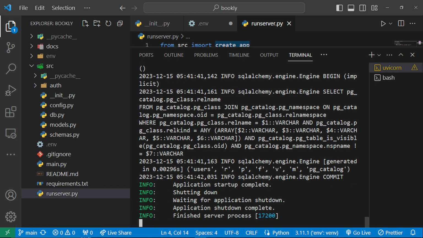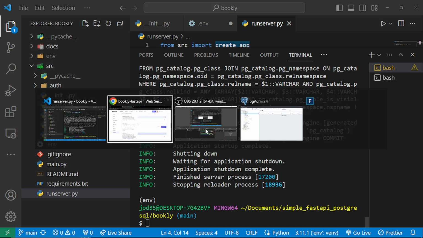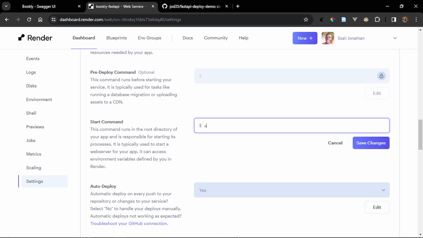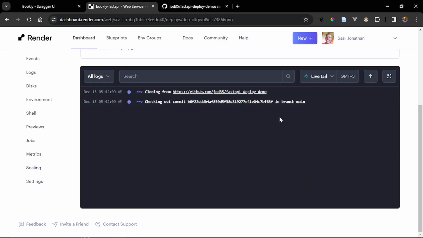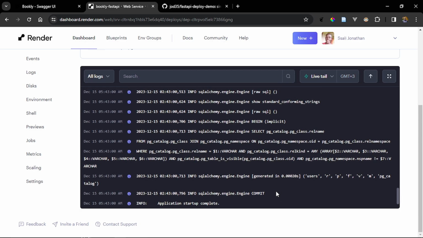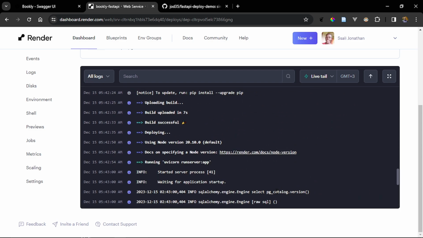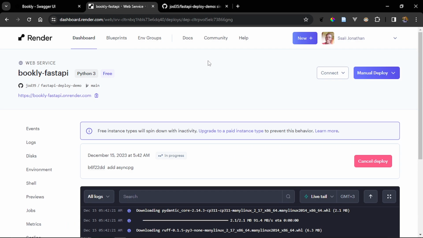So what we shall do is go ahead and use that same command. I'll head over right here and edit this to uvicorn, and this will be our run server and then app. Once that is done, I'll save my changes, and any change to our environment variables is going to redeploy our app. Just like you see right here, our app is going to redeploy, and now we see that our app is running. So let's try to access our app. So if we go to our bookly FastAPI,